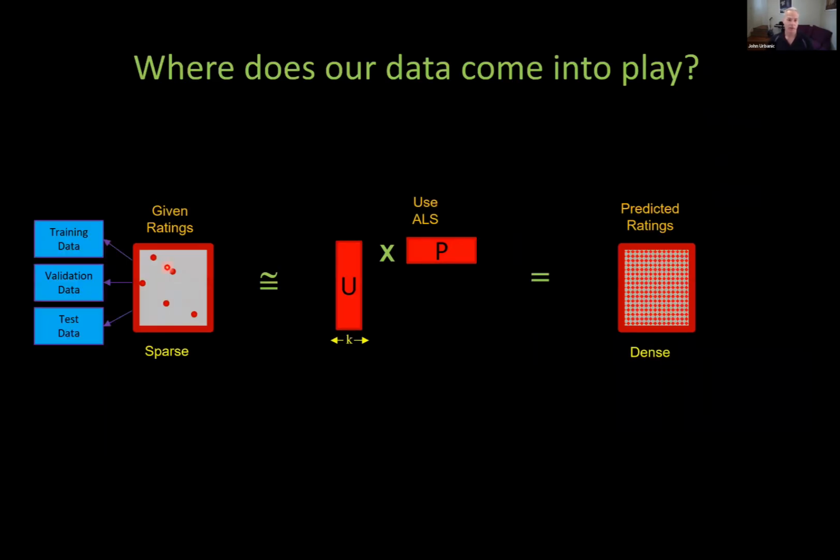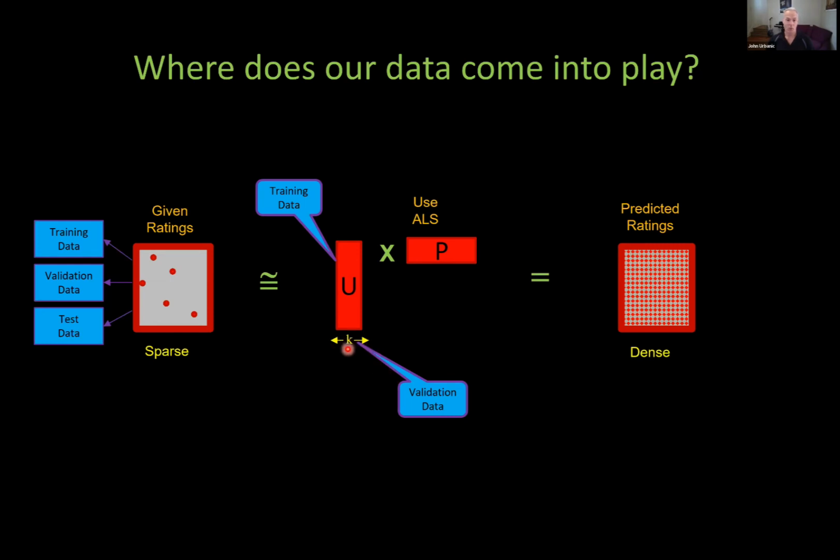Okay, so here is where our data is going to come into play. We're going to take our data set from the disk file that we've got sitting around, the given ratings data, and right away slice this into 3 pieces. They're not equal sized pieces, but we might use 60%, 20% and 20%, with 60% going to training data. That's our first attempt at dividing the data up. Then we're going to use that data to train the U and the P matrices here. And when we train those on a particular value of K, for example, we're going to use the validation data to see how well that value of K worked out.